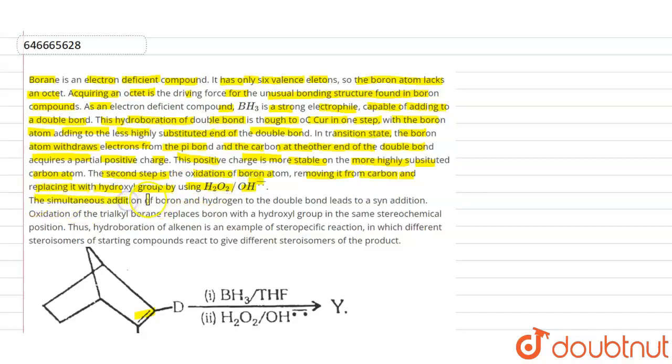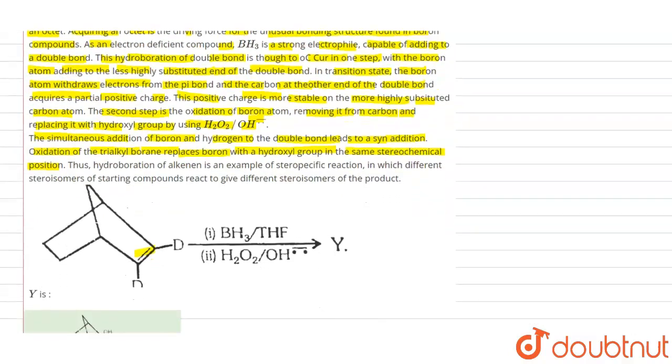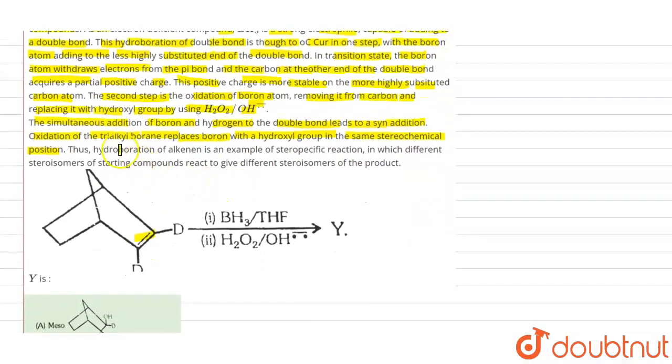The simultaneous addition of boron and hydrogen to the double bond leads to syn addition. Syn means the same side of addition will take place. The oxidation of tertiary alkyl boron, replacing the boron with the hydroxyl group, is with the same stereochemistry. Same stereochemistry means when the boron is removed and OH is added, it will be from the same side. Now, thus the hydroboration of alkene is an example of a stereospecific reaction in which different stereoisomers